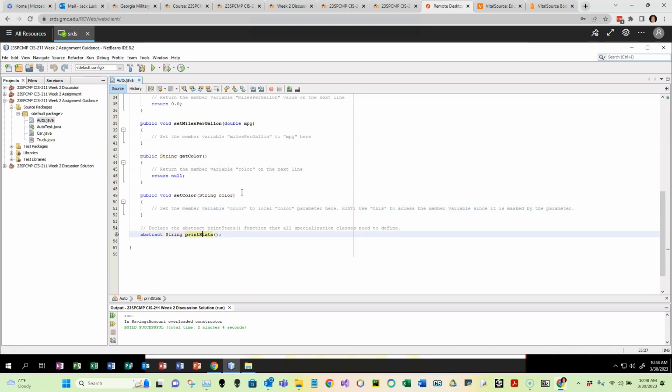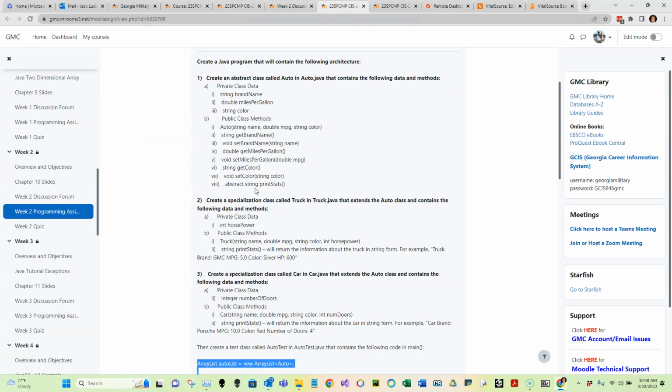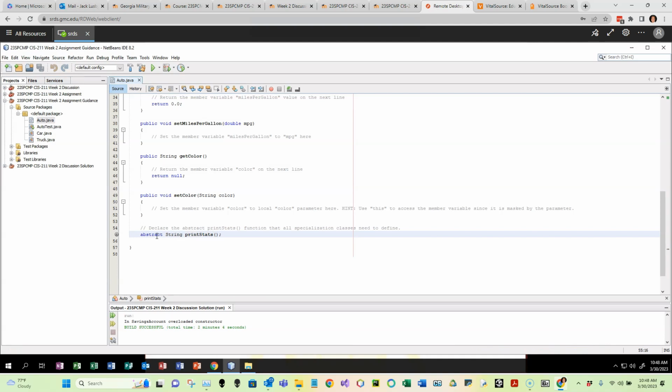And then lastly, they do tell us that you need to implement an abstract method called print stats. Because it's abstract, we need to use the keyword abstract in front of it, and we don't want any curly brackets, we just want a semicolon. All right, because this is an abstract method, we use the keyword abstract, and we use a semicolon after it,